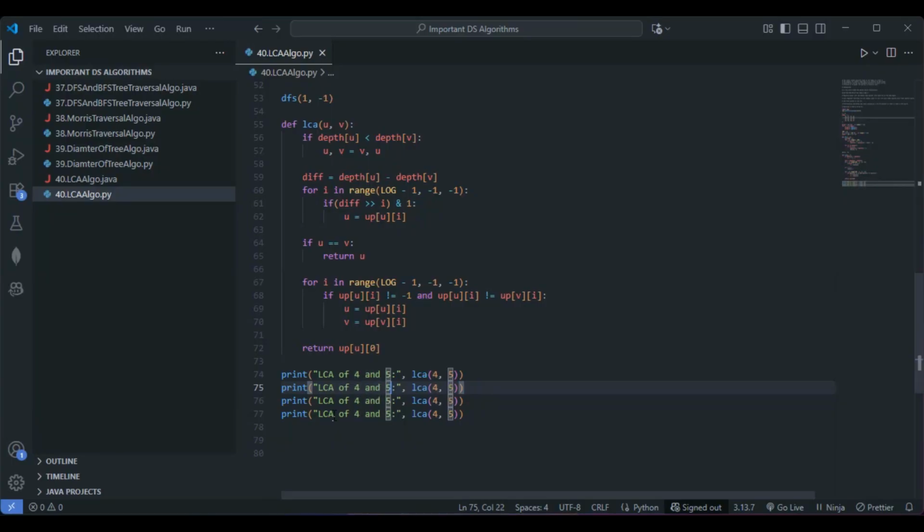This time let me go with 4 and 6. Queries: LCA of 4 comma 6, and the next one is LCA of 8 and 9, right? Finally, let's go with the LCA of 5 and 9. This is fine. Now see here, one thing: let me explain the algo whatever we have written in simple terms,